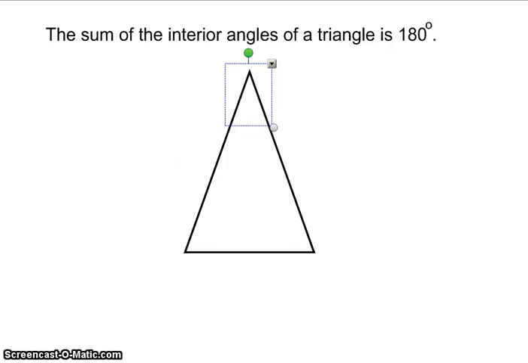The last thing that we're going to look at is that the sum of the interior angles of a triangle are 180 degrees. So I'm going to do just a real quick demonstration of how that works. This is just a random triangle. And so I'm going to take all three of the corners that it has, all three vertices, and line them up for you. And so this is just a real simple proof that all three of these, when put together, will equal